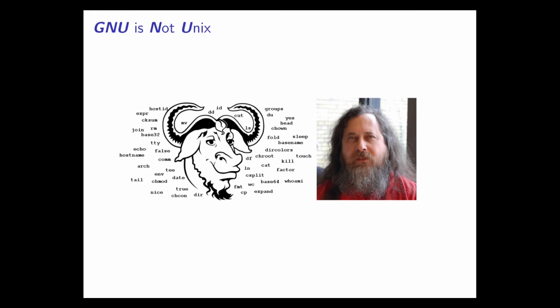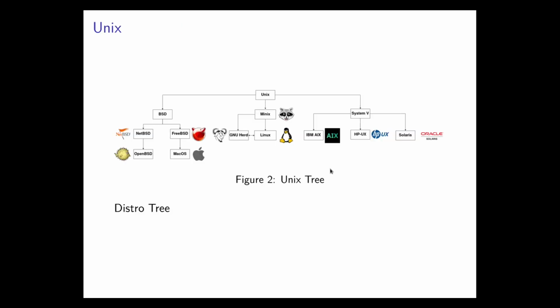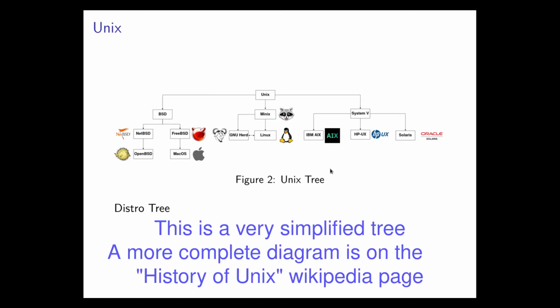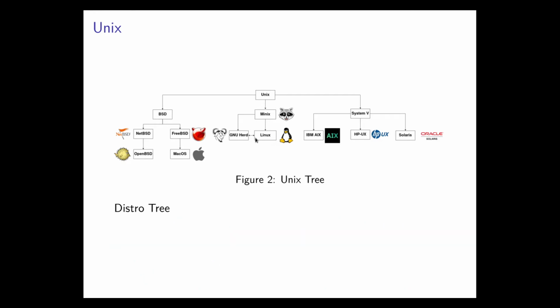So now, of course, we understand where GNU, Unix, Linux, and Minix come from, and we can start looking at what other things came from this. If you go down to this tree that I created, we have Unix here at the base, and of course we have Minix and Linux and GNU Hurd, which you talked about earlier. If you combine them together, they create GNU/Linux, which is what we know today as the Linux operating system for the most part.